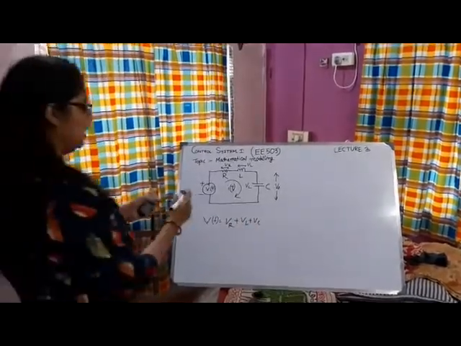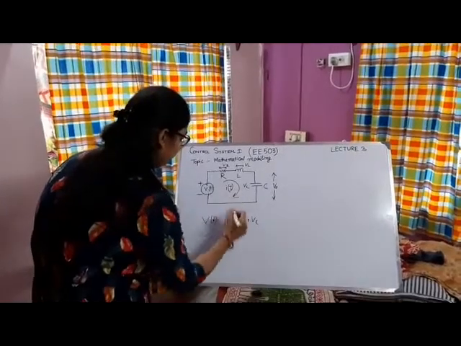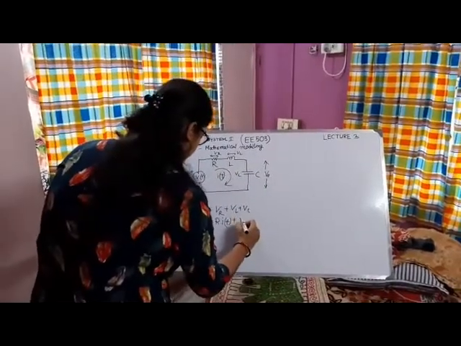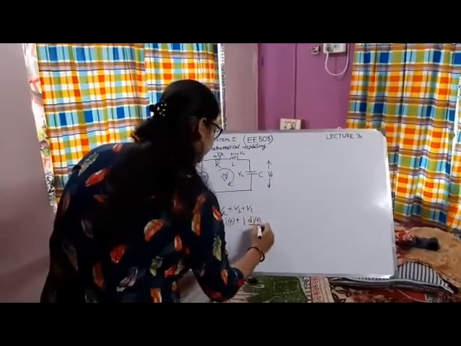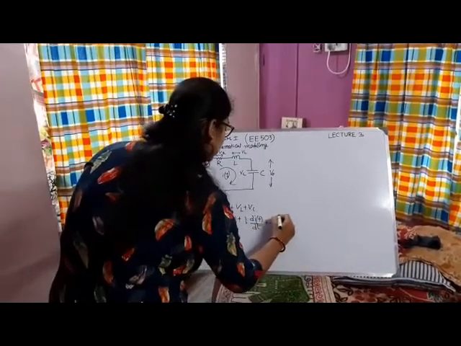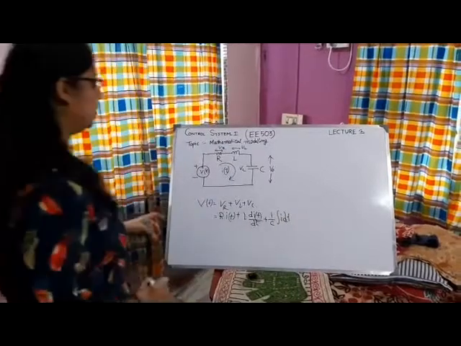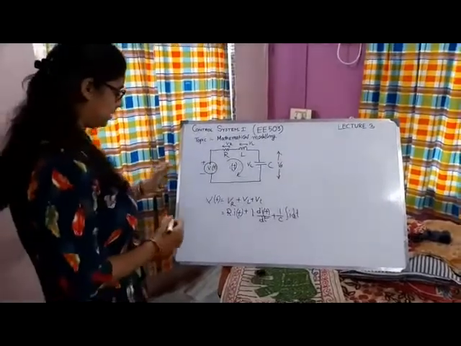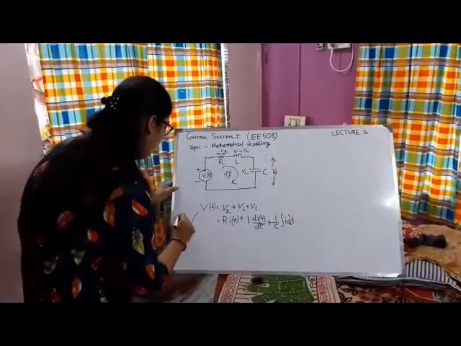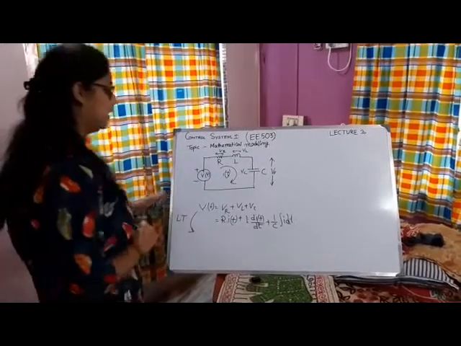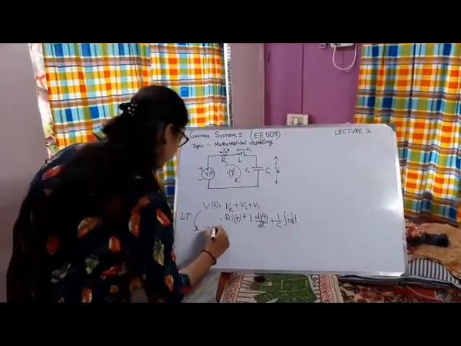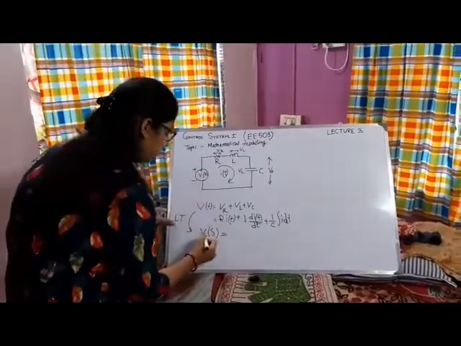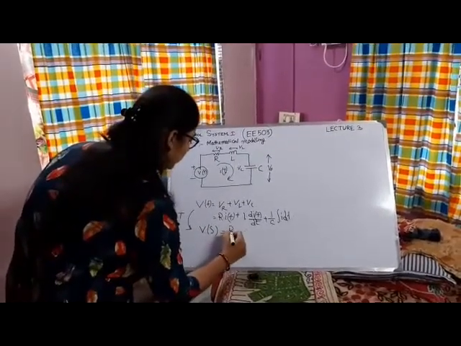Now VR is R into the current flowing through the circuit, i(t), plus L into di(t)/dt, plus 1/C times the integral of i(t) dt. So this is the KVL equation when we apply KVL in this loop. Next we will convert it into the Laplace domain. So applying the Laplace transform in this equation, V(s) is equal to R into I(s),